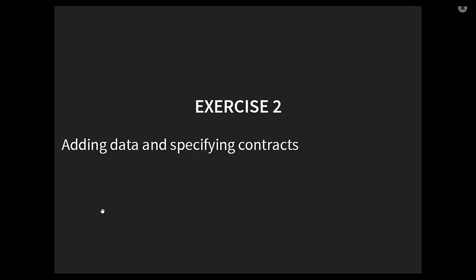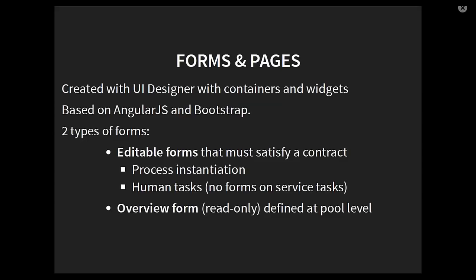All right, so let's move forward. And the next topic is the UI part. We discussed the way to have your process. We discussed also the way to make sure you have data associated to this process and contract on top of it to make sure that you have an interface between mostly the UI or some external requests to execute a task or to create a new process, a new case of a process. So we've been doing that, but the main point of this contract is often to make sure that you have a UI associated to it.